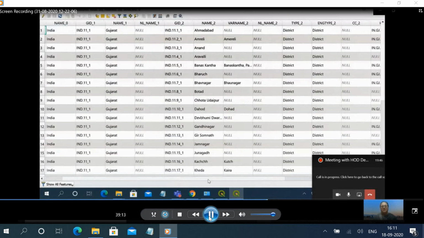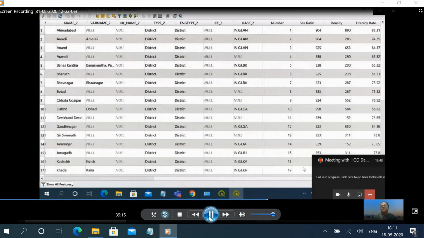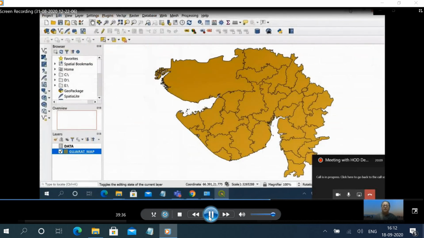Now I would see whether it has already joined or not. I would go to open attribute table. I can see that these 3 data sets have been joined with the help of these Unicode numbers. Okay. So now we have this socioeconomic data in the environment of QGIS as an attribute data set. Now this joining is in a temporary format. So now we have to